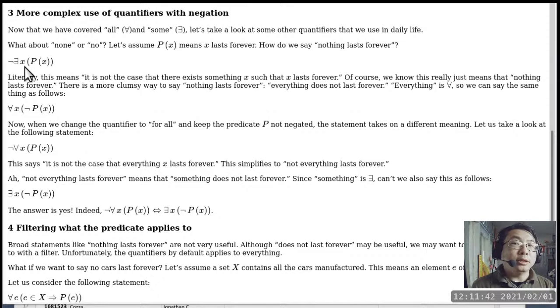But then if p of x is asking is x even, then what about x itself? What are we applying the predicate to? When we say for all x, okay, what are we saying? Are we talking about all the integers? All the real numbers? All of the irrational numbers? All of the complex numbers? Or do we also include people? Do we also include animals? Do we also include all the atoms in the entire universe?